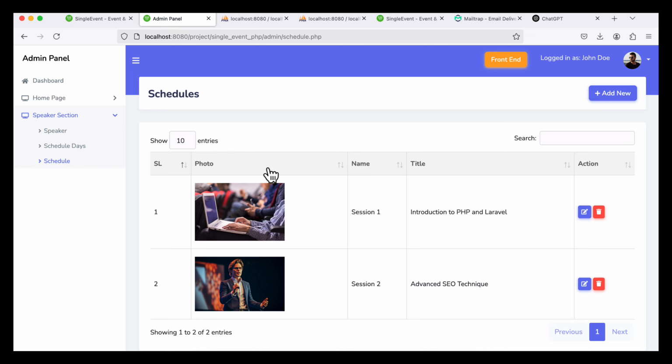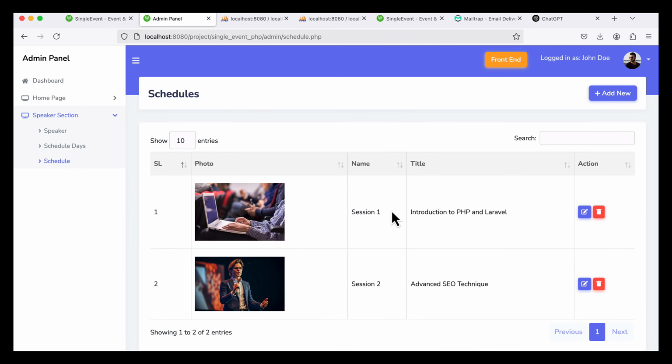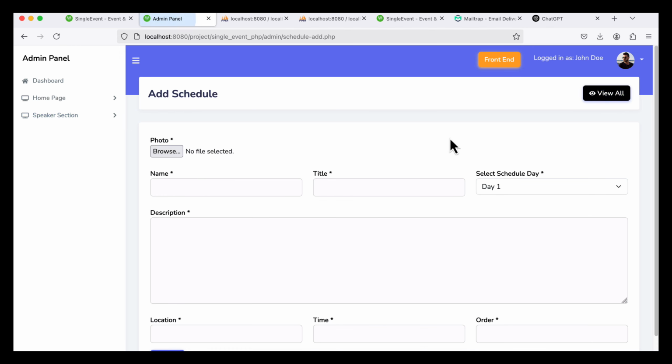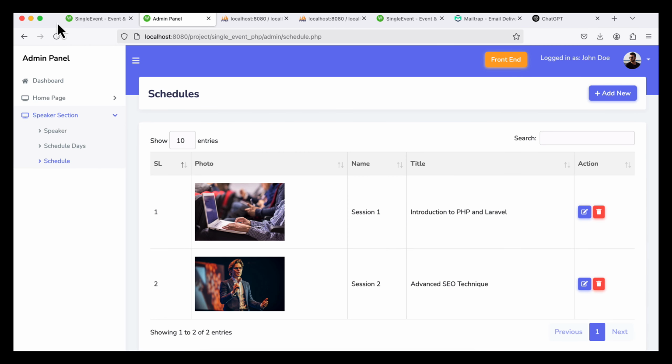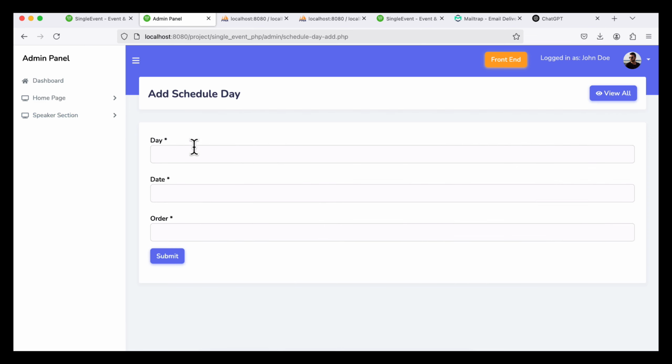And here you see, when I show all the data, then you can see under which day it is. For example, each schedule is under which day, that should show in a column. In that case, I will show you, but let's finish it now. First, I am going to show you the edit. I am going to add another one, for example, any sample one I am going to add here. And here another one I will show, that is I am going first to add a schedule day, a sample one, for example test,